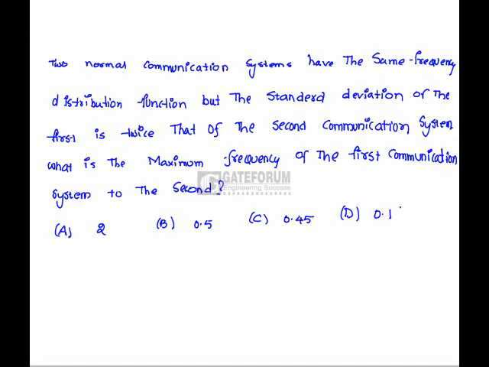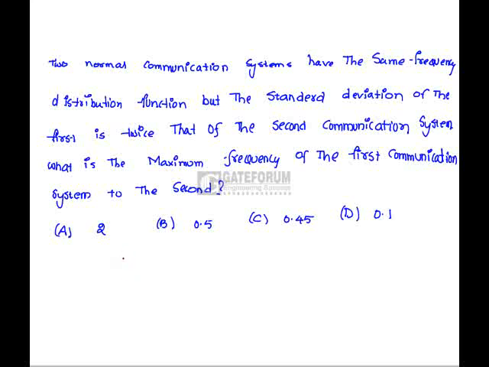Two normal communication systems have the same frequency distribution function, but the standard deviation of the first is twice that of the second communication system. What is the ratio of the maximum frequency of the first communication system to the second? Here,